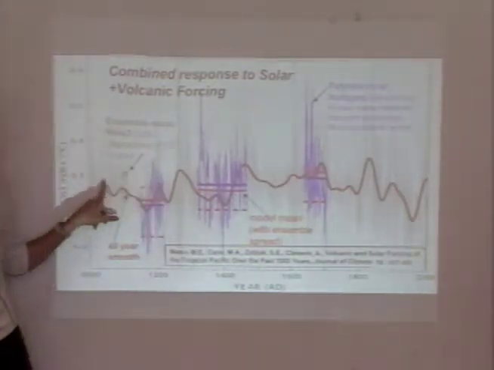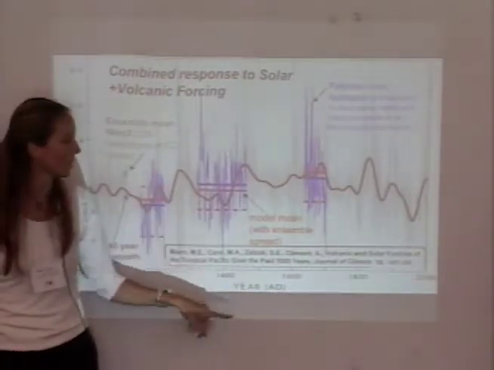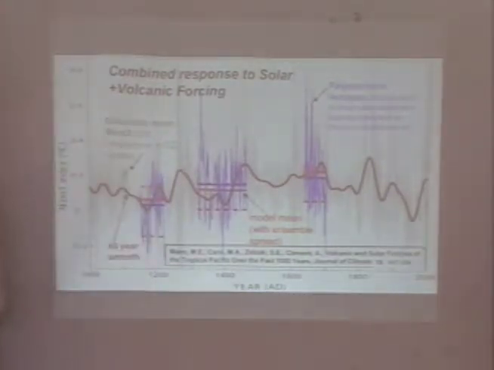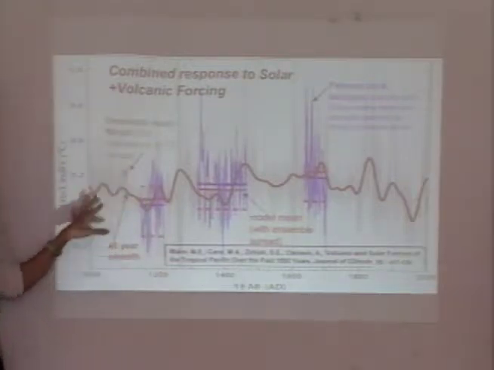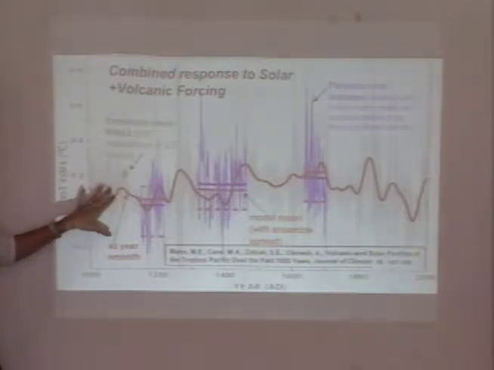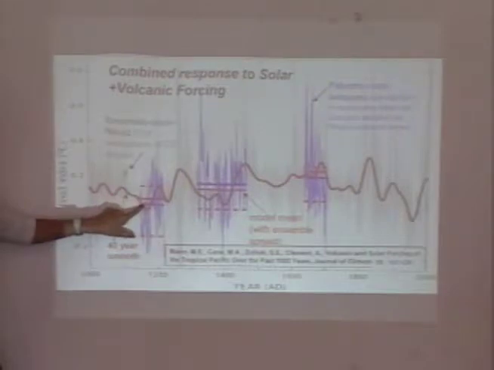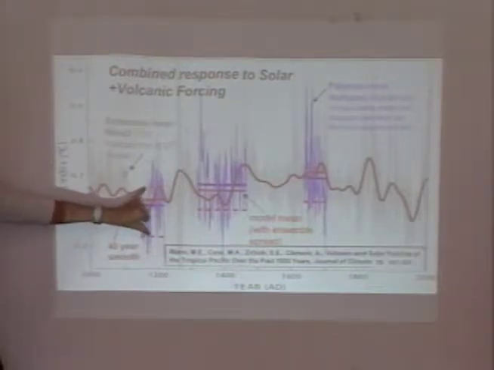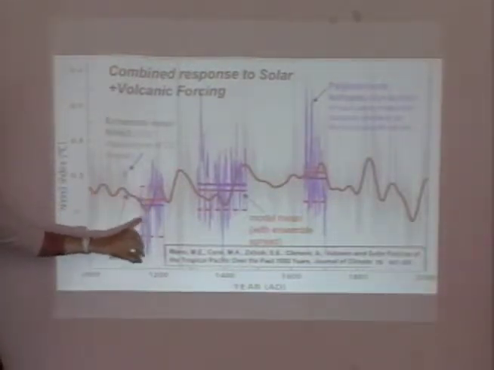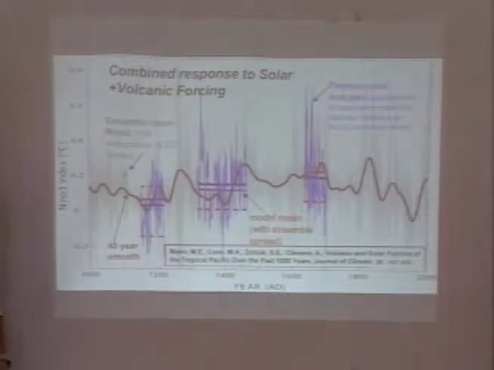Here's the Nino 3 response in the Kane-Zebiak model, solar and volcanic forcing combined. It's all they're doing in that model. And they argue, and I don't know what I would say, I'd say it's interesting that it does this well, that the coral mean, which is in blue, falls close to the Kane-Zebiak model mean, which is in red, within the ensemble errors, which are very large, and within my coral errors, which they don't plot, which are also very large. So let's go to the next plot. I'll show you the update of this.